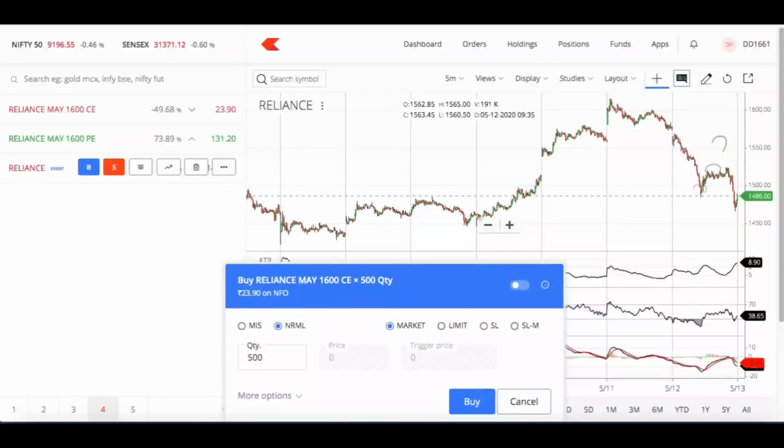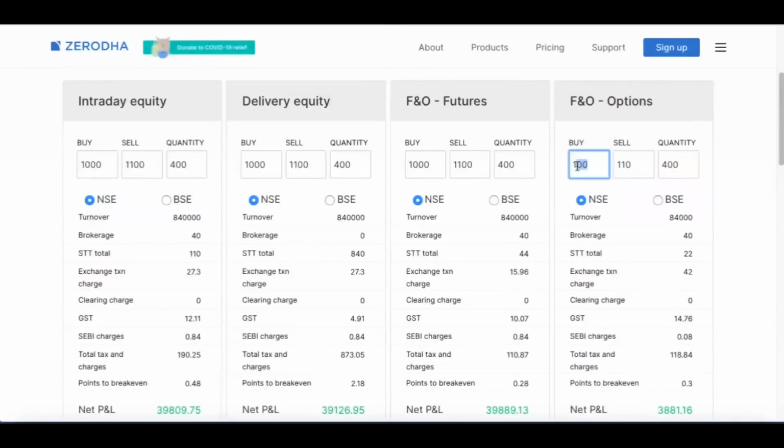Or take a brokerage calculator and let's say you're buying at 23 rupees and selling at 24 rupees. How much is one lot? For 12,000 I got 500, so I made 432 rupees profit. Like this you can calculate, let's say at 30 rupees. In that case we saw the highest was 65 or somewhere, so we made 20,000 rupees. So 12,000 was my capital, and I made an extra 20,000 rupees profit.